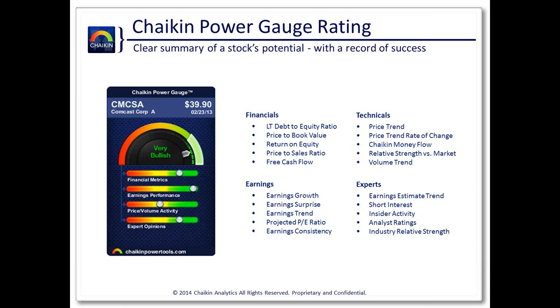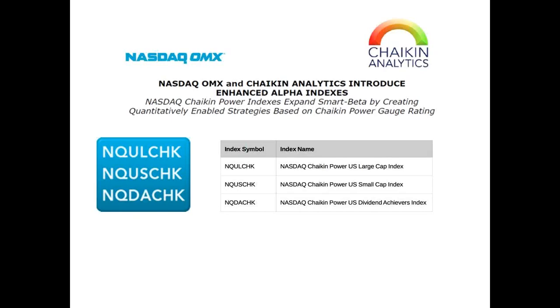And when we look at Lululemon, we'll see a case of a stock where everything went wrong and the stock cannot get out of its own way. And you want to avoid those stocks, and the Chaikin Power Gauge rating places a great importance on price to sales ratio. So the model's been back tested, and it's been forward tested in real time for 3.5 years. All those results are on our website,